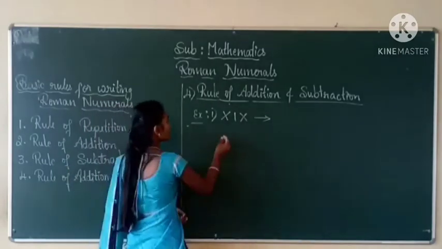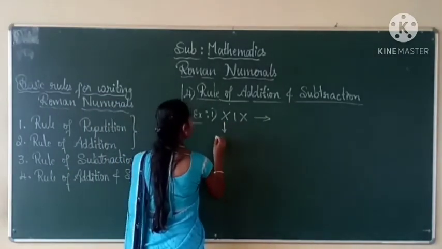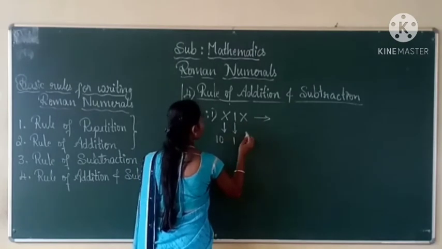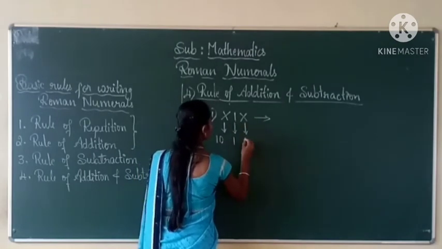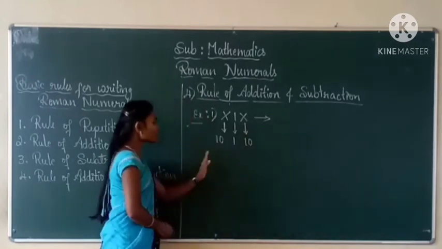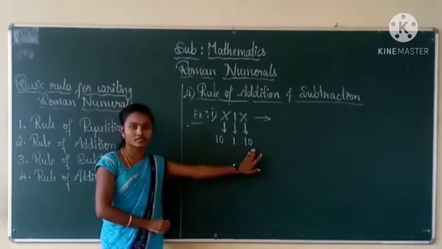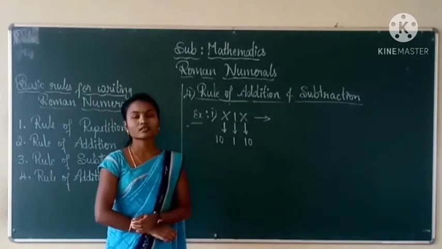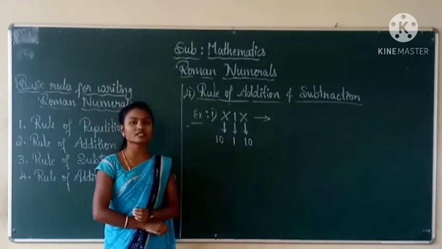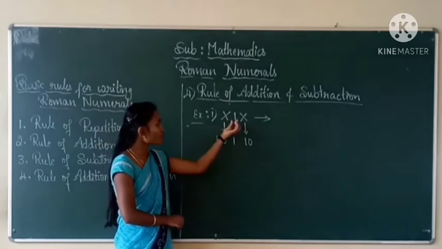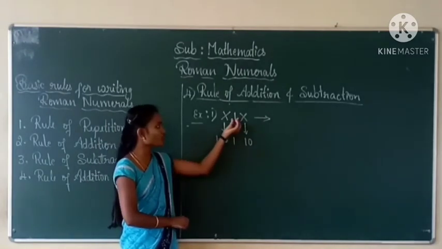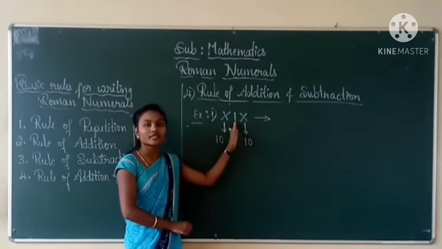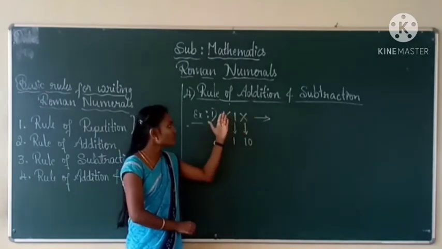We know that X stands for 10 and I stands for 1 and this X stands for 10. So this rule 4 says that when a smaller numeral, here the smaller numeral is I, when a smaller numeral is placed between two large